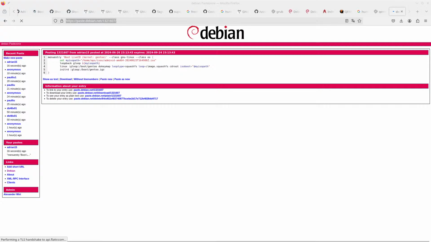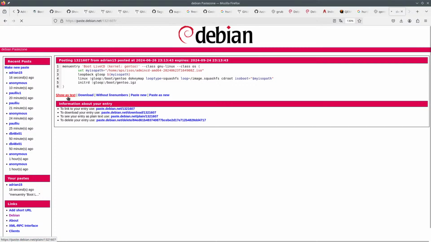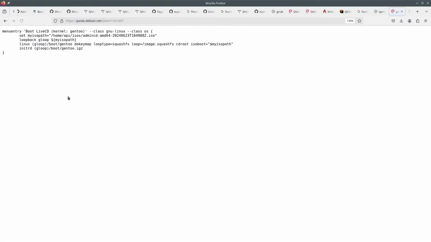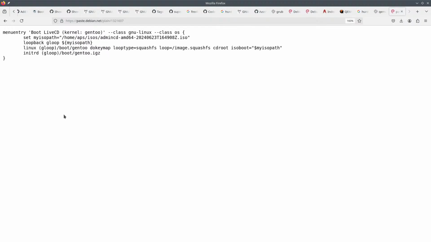Okay, so put this on the chat. So this is what you have here. You can click on show us text so that it's easier to copy and paste for you. Okay. So basically it is adding whatever the init.rd defines at the very end, and then making sure that you have those devices. And this stuff here, you can remove it if you want. There's no need to have that.